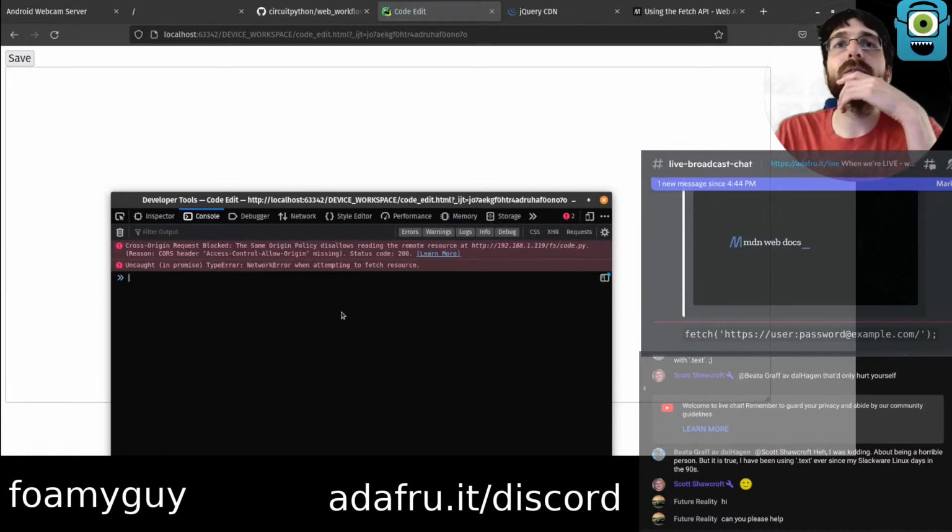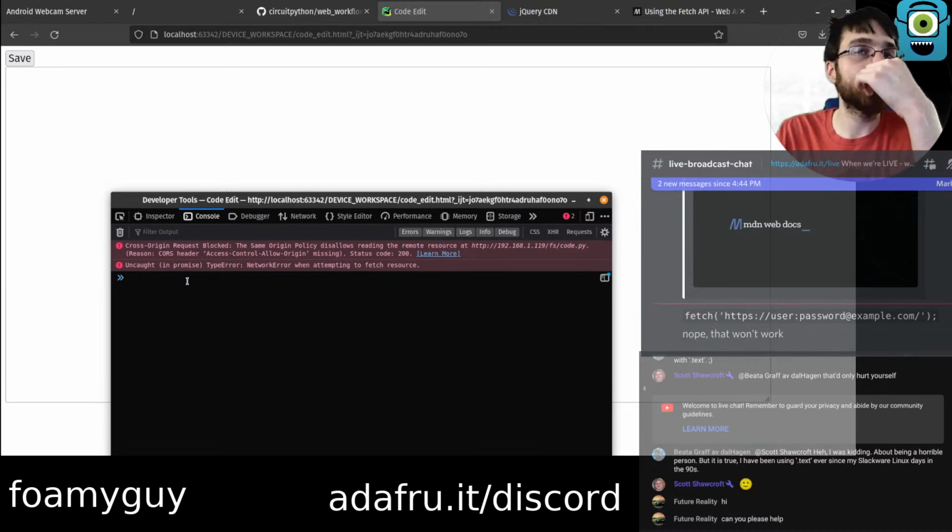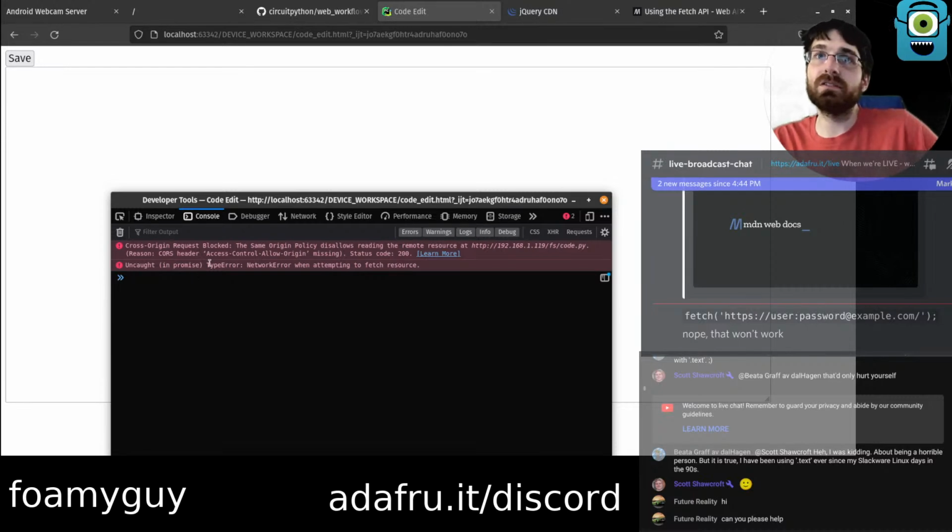Yeah, this was one of the things I was afraid of. So this page won't be able to request from the CircuitPython device unless it's actually on the CircuitPython device. Or I guess if I